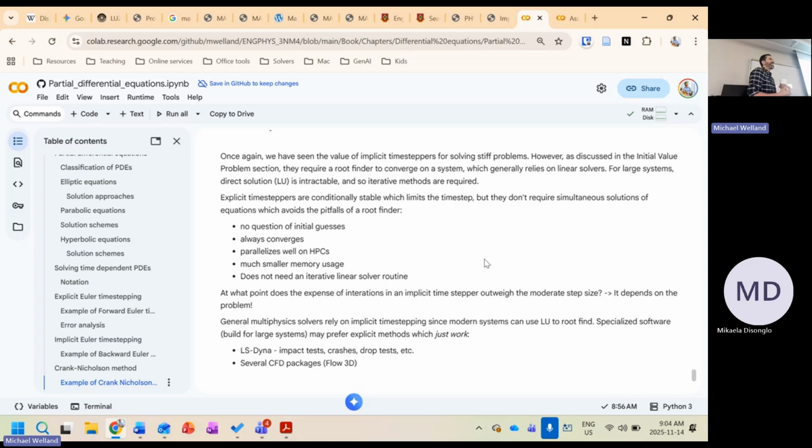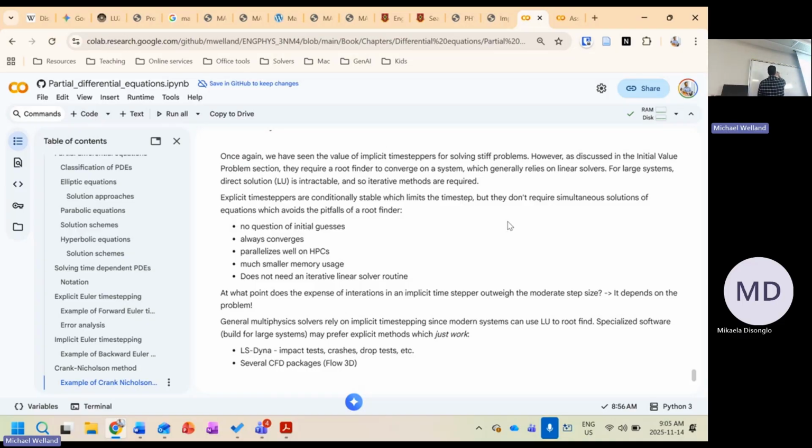It doesn't get simpler than this, and it's already stiff. Implicit time steppers. Or you do explicit and you just do a whole bunch of them really fast because they also parallelize. When you are doing implicit time stepping,